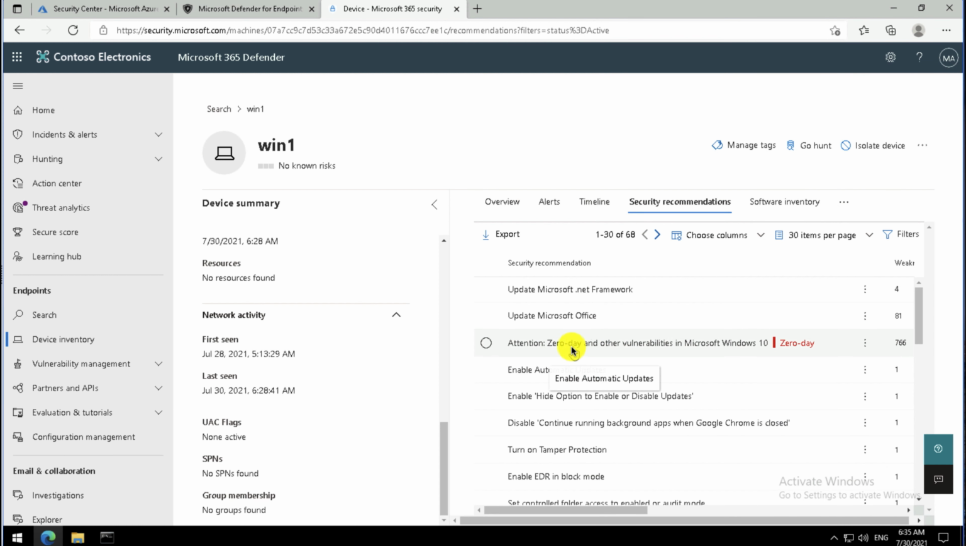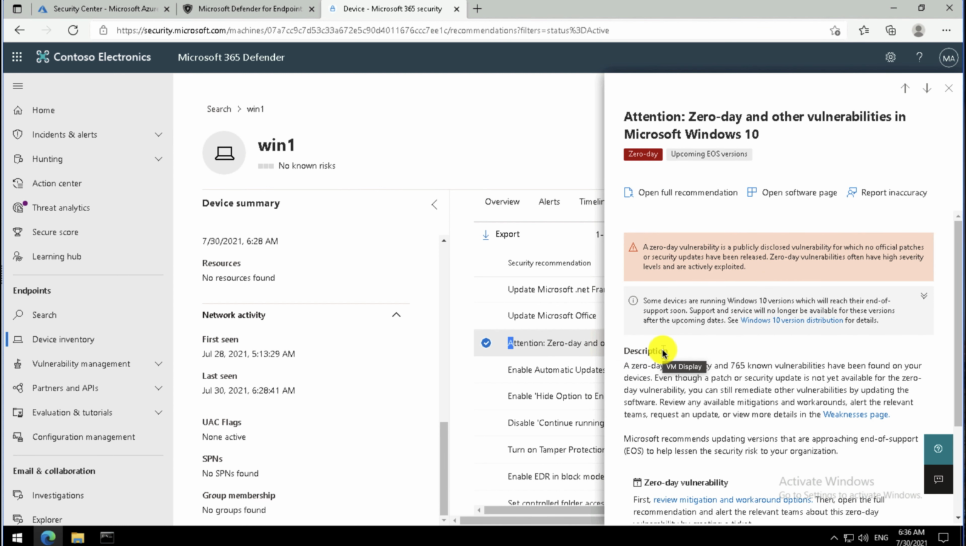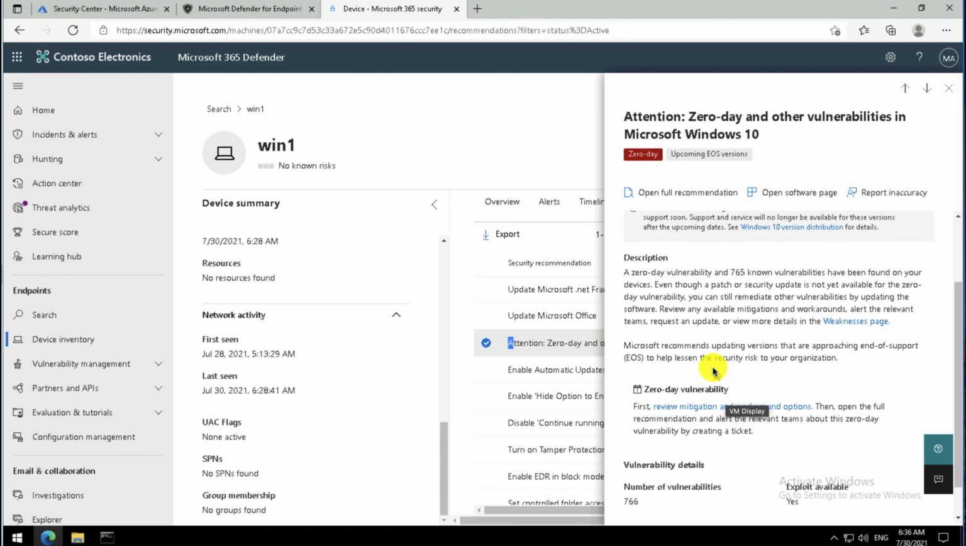So you can see here, I've also got a potential 0-day attack. Okay, that's not good. So it tells me what is a 0-day. It tells me that it's a publicly disclosed vulnerability. So it's really important that you patch that. And the nice thing is it really explains exactly what it is. And again, if you want to know more, it will take you through to the links at